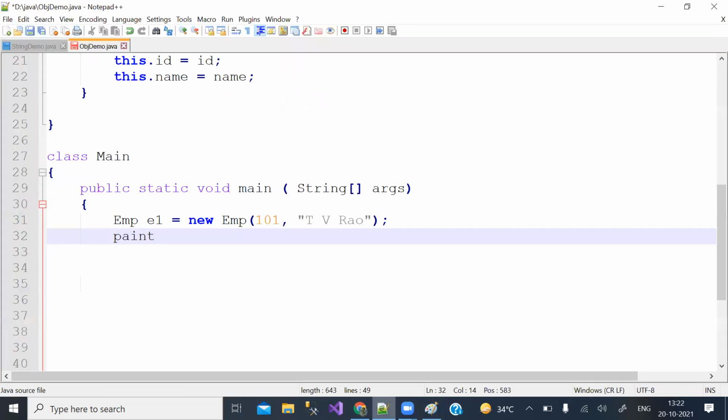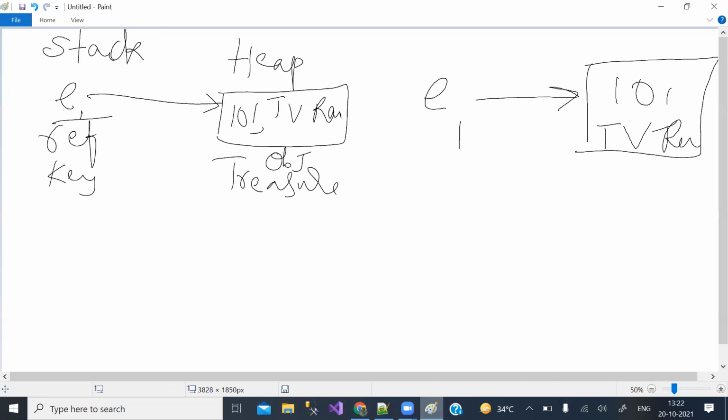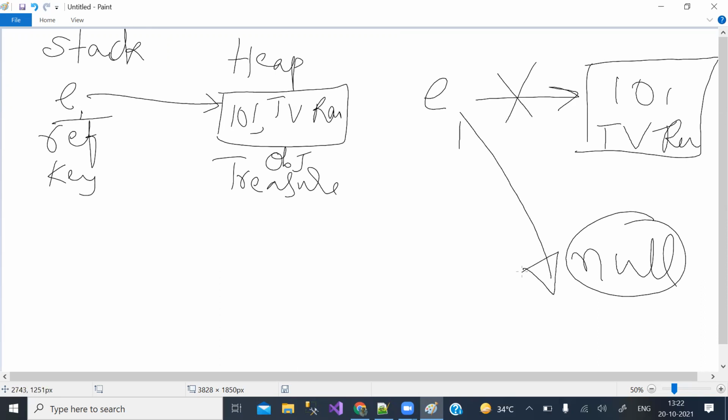Now suddenly what I did is I put null in E1. Now this is say null. Now E1 is not pointing to it. Is this clear? Now its address is stored nowhere. It has no reference. It is unreachable, unusable, and unreferenced. Such objects are removed by garbage collection. The memory allocated for them is recycled for other current objects which are in use.